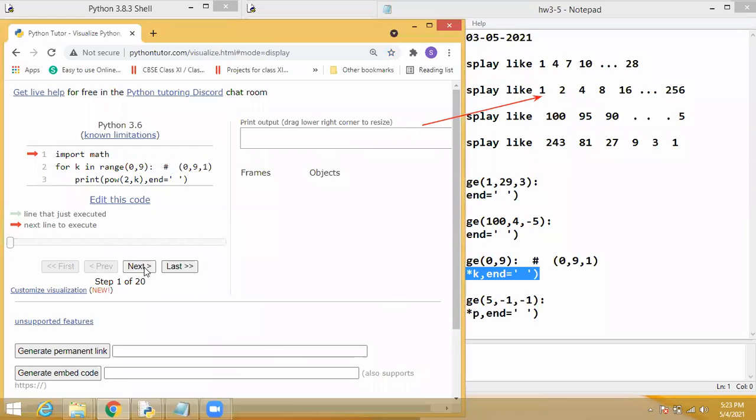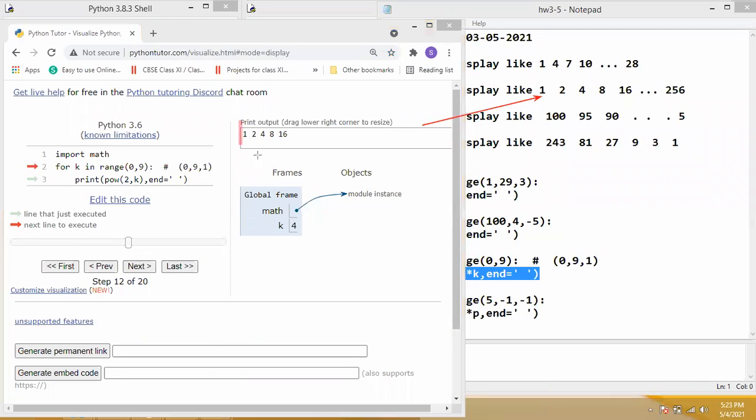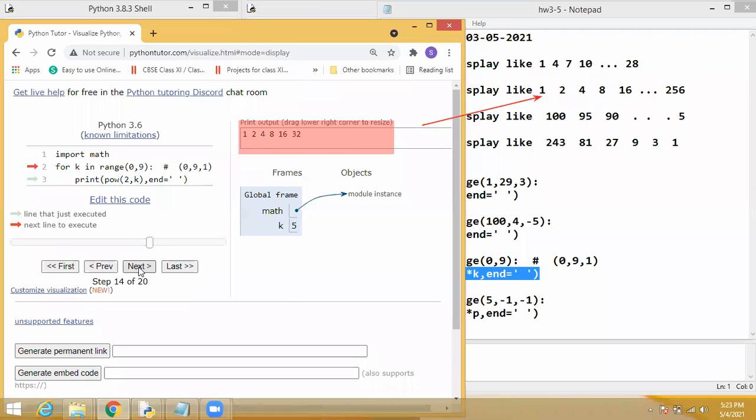See here, math module, k value changing, and we are getting the same result. Everyone listen to the output. You are going to get the same output. So the implementations can be different. That is why we are not getting the board exam answer solutions.